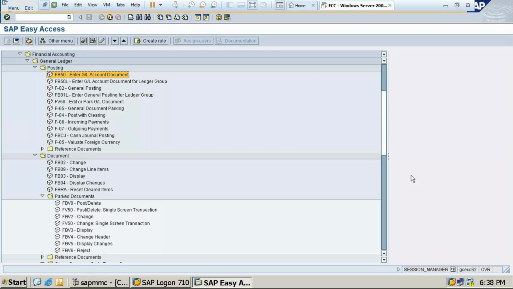Then we have done FB50, F-02 also, right? F-02 is for general posting. Then you write FB50 for edit or park GL account, GL document.